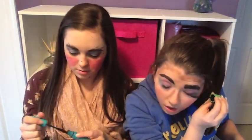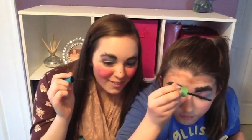So now I'm going to be taking this Mega Plush Volume Express mascara. I'm just going to be using that. Works. Perfect. Don't worry about clumps of mascara. You know, it's okay if you have clumps. See, mine's a clump crusher, so I don't get any clumps with this mascara. And I actually try to get some clumps because I think that looks better, but...